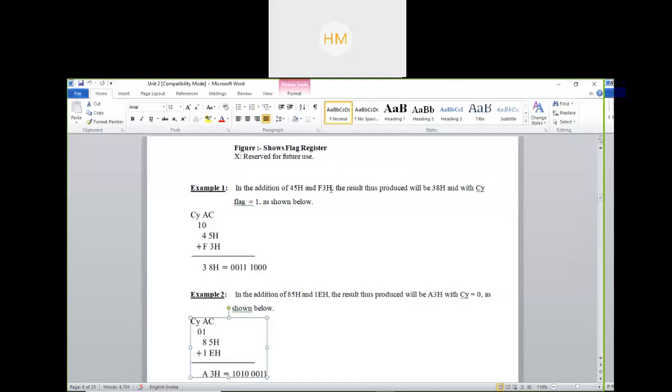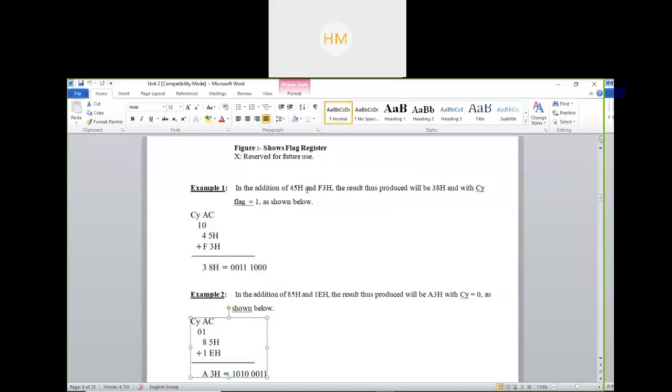So 45 hex is added with F3 hex. This H is not a number, it is hexadecimal, so you should not get confused. It is 45 hex, F3 hex.